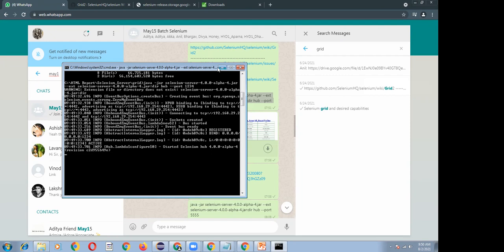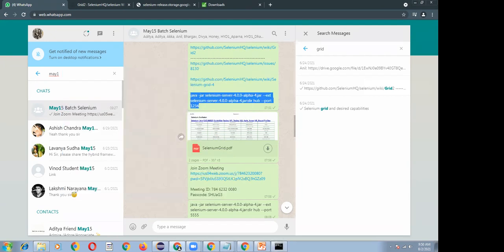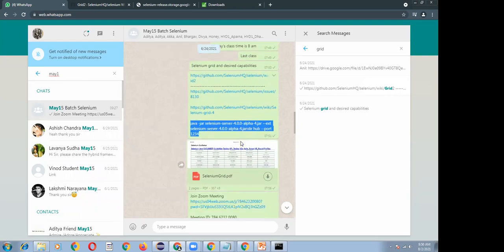Now I need to connect to a remote node system, and I have to execute the second command from the node system. Let me copy that command also.